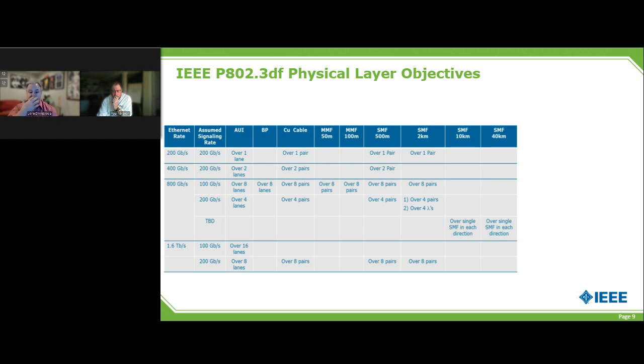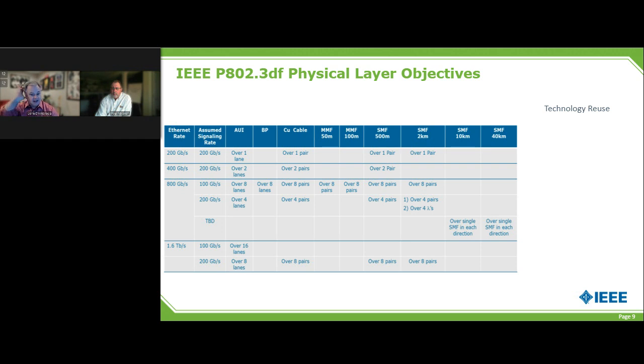Now, you asked how we're going to divide up the work, and that's a great question. When I put this chart together, I thought, holy crap, this is a lot of work, one of the biggest projects in .3 history, but it's not really as bad as it seems. What I mean is that we can look at this and start to divide things up, and we're really going to use a lot of technology reuse.